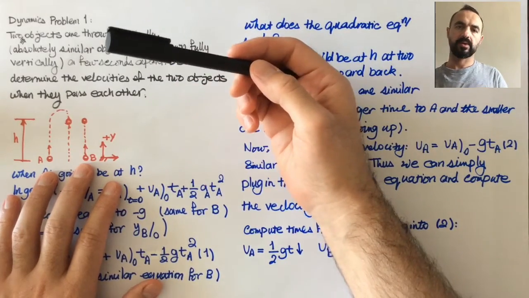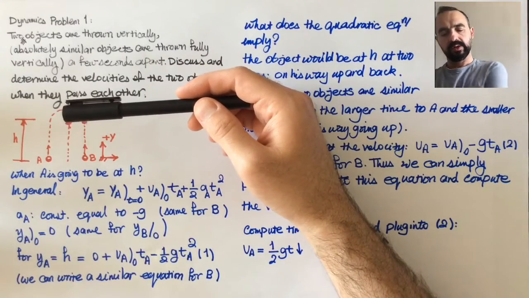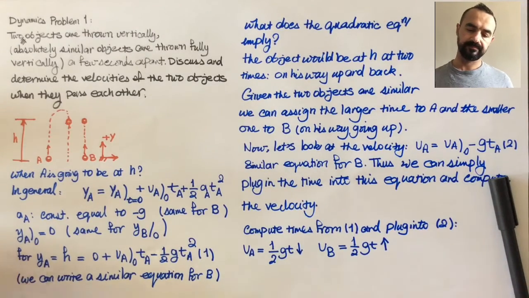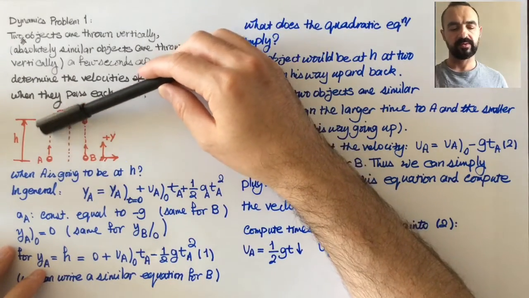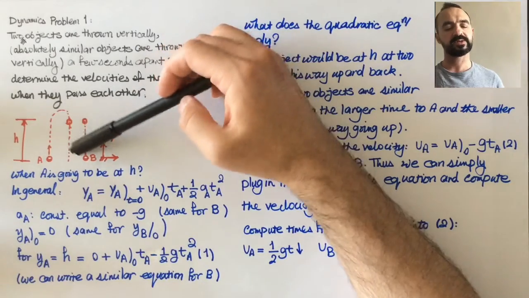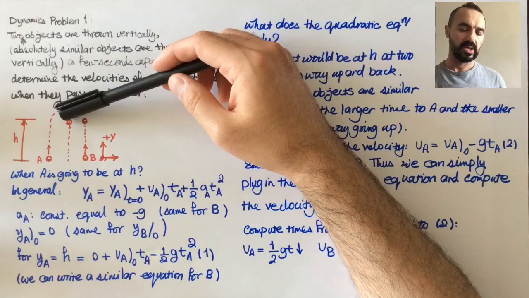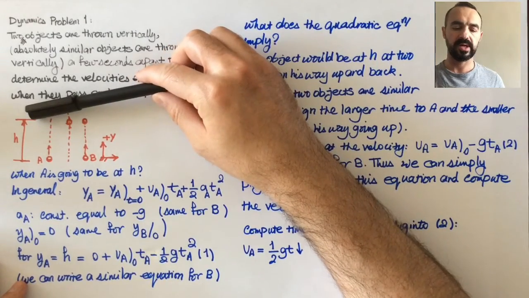So you can imagine that if I ask you, for example, let's only think about object A. If I throw this object into the air, forget about B for a moment. If I ask you what time A is going to be at height h,